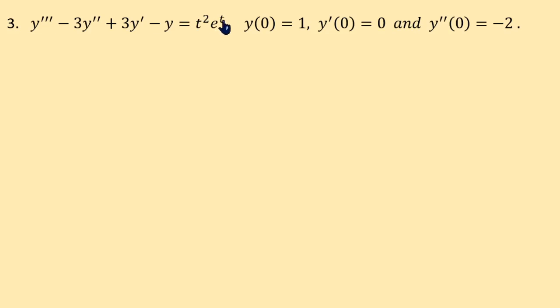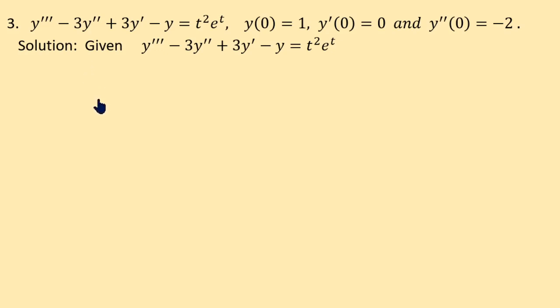By the first shifting rule, e power t times t square: in the Laplace transform of t square, s is replaced by s minus 1. So it is 2 factorial by s cube becomes 2 factorial by (s minus 1) whole cube. And y at 0 is 1, y dash is 0, y double dash is minus 2. Now the Laplace transform of y is